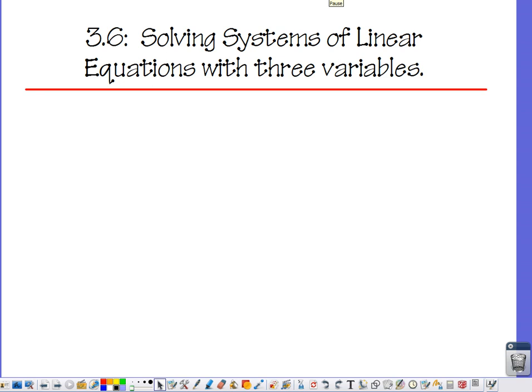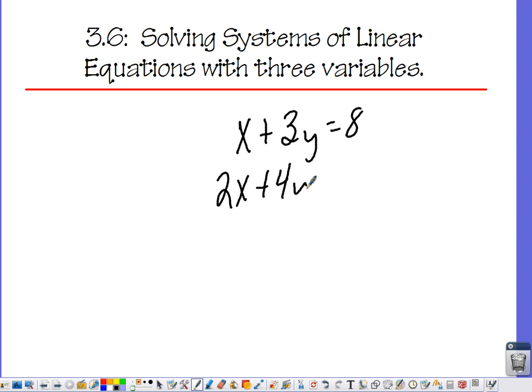All right, lesson 3.6 is solving systems of linear equations with three variables. If you'll remember back when we solved systems of equations with two variables, they looked a lot like x plus 3y equals 8, or 2x plus 4y equals 12, where you actually got an x variable and a y variable, and if you remember, whatever our solution was, it had to work